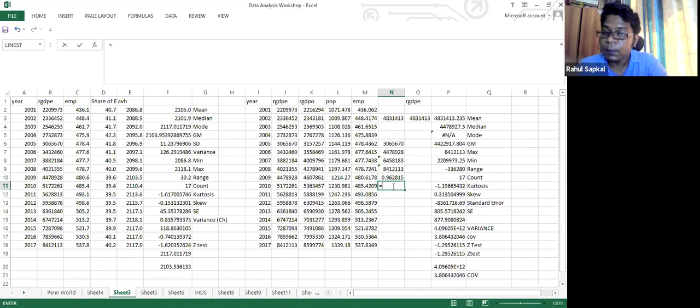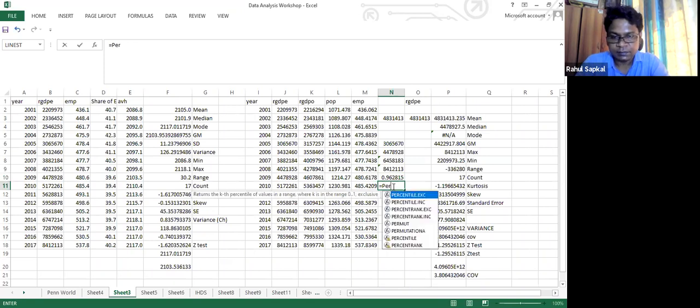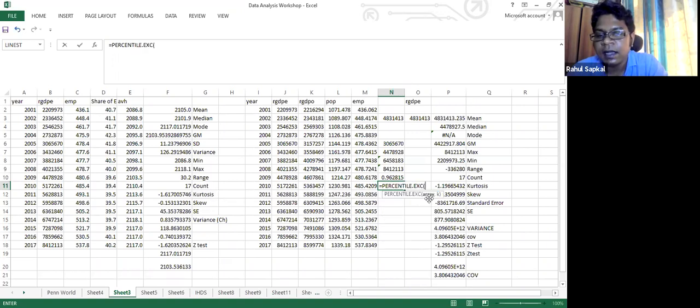Now you can also do the same for percentile. So percentile, again percentile. Here it will ask you for the array and k, the percentile.